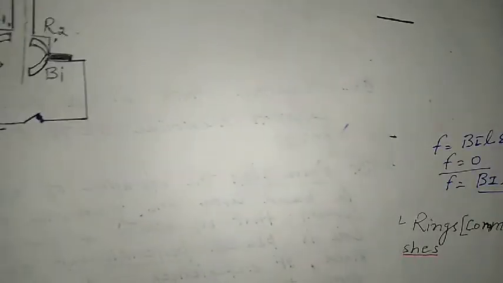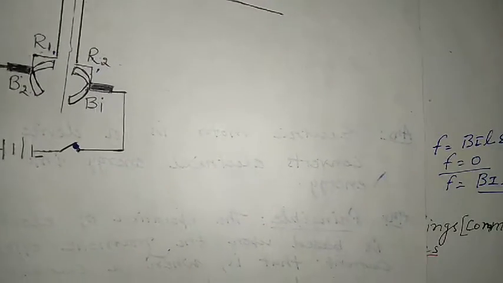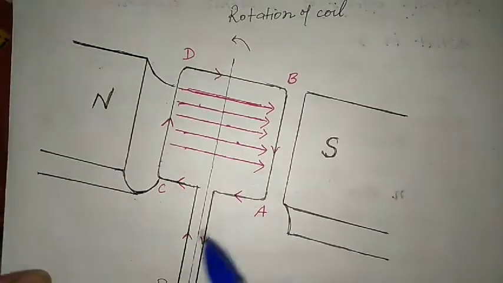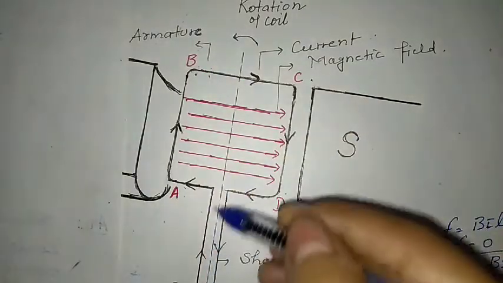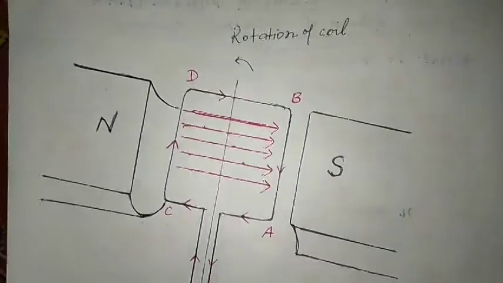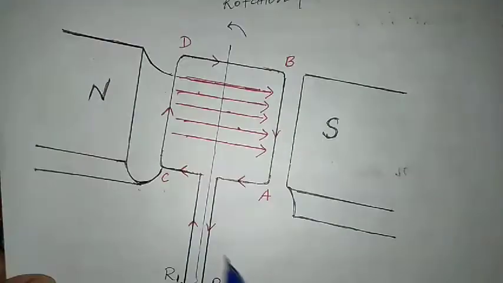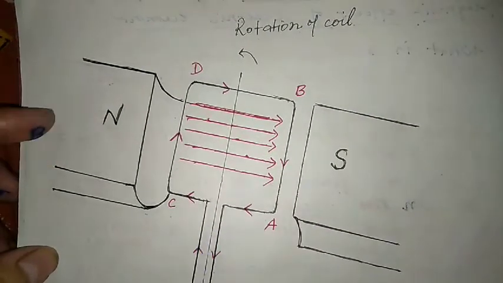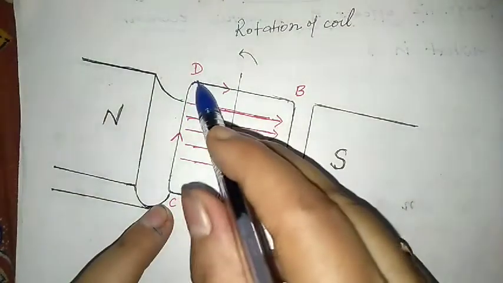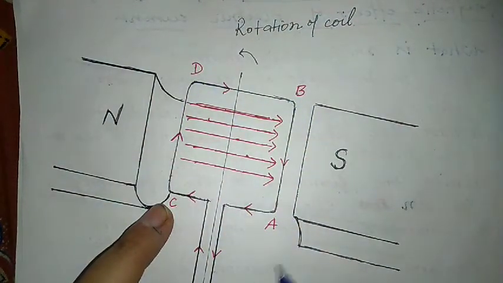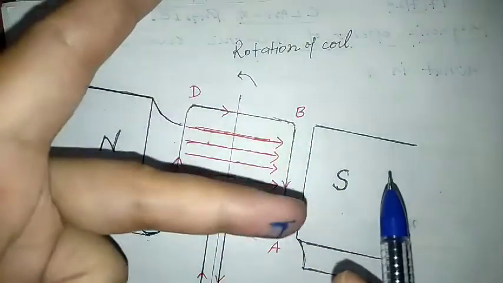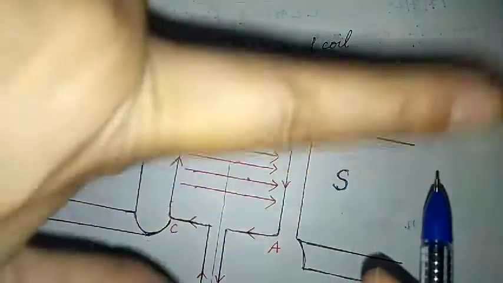And this was the working of the split rings also, that they reverse the direction of the current flowing through the coil after each half rotation. So initially in AB the current was entering, and now in CD the current will enter first, because R1 and R2 have changed their position, so they reverse the direction of the current in the arms. Now the current will go in arm CD, then in BA, then complete back, then again with the help of Fleming's left hand rule, the same force will be applied.